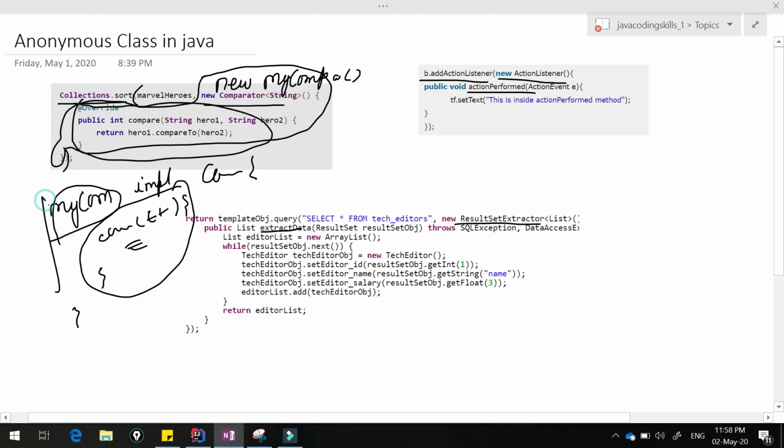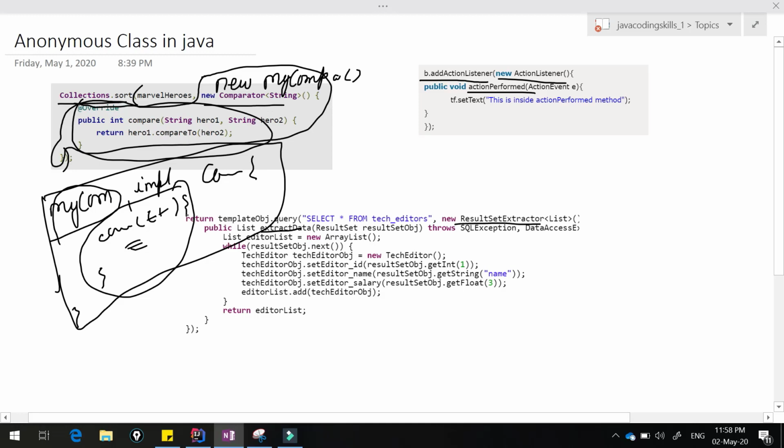If you write it like this, it is not an anonymous class, rather you are creating one separate class, implementing this Comparator and passing that class object here. But this method is very specific to a particular requirement.